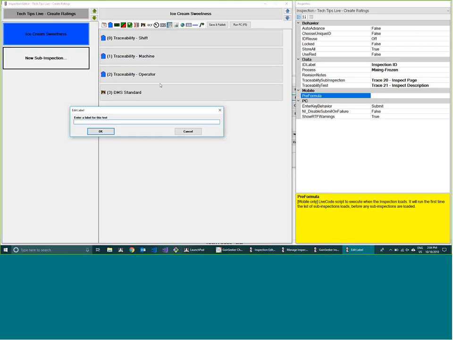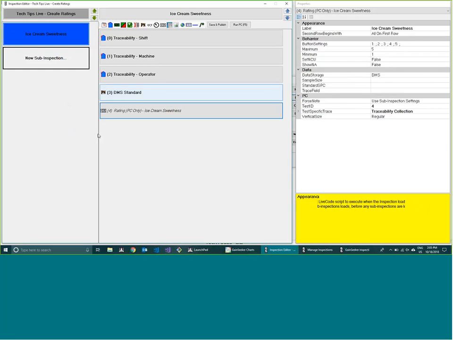And the idea of this test, you'll see pretty quickly what it looks like, is you give a rating, let's say on a scale of 1 to 5, to some characteristic, and what ends up happening is that rating that you've given can get stored both as an SPC record, some numerical entry, and also potentially as a DMS record, some defect associated with having a low rating. So let's do ice cream